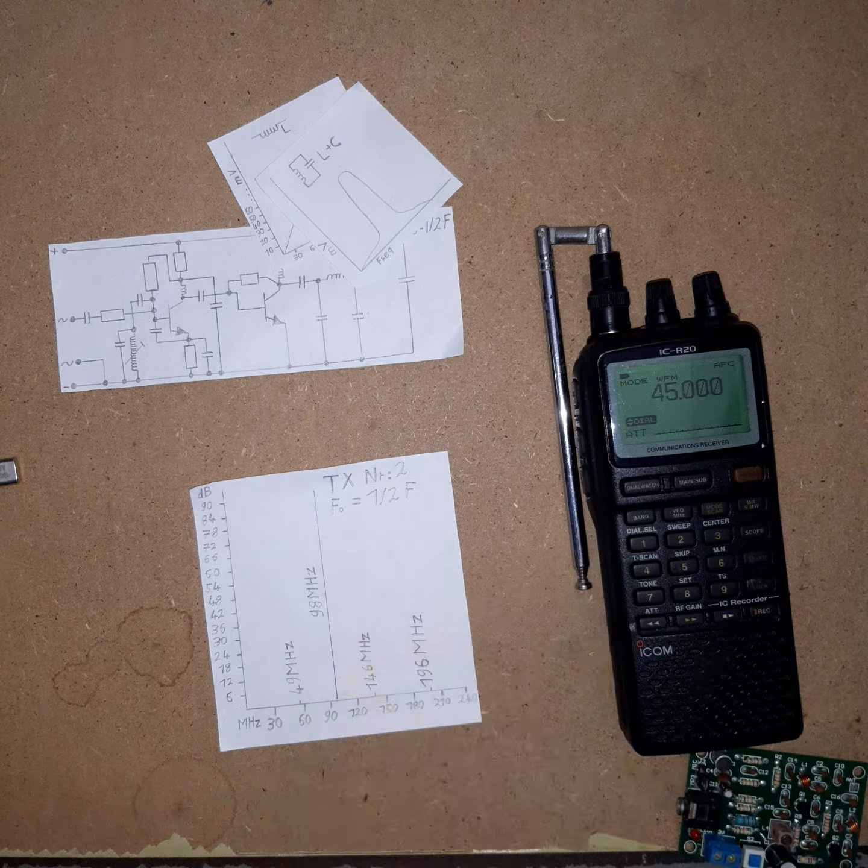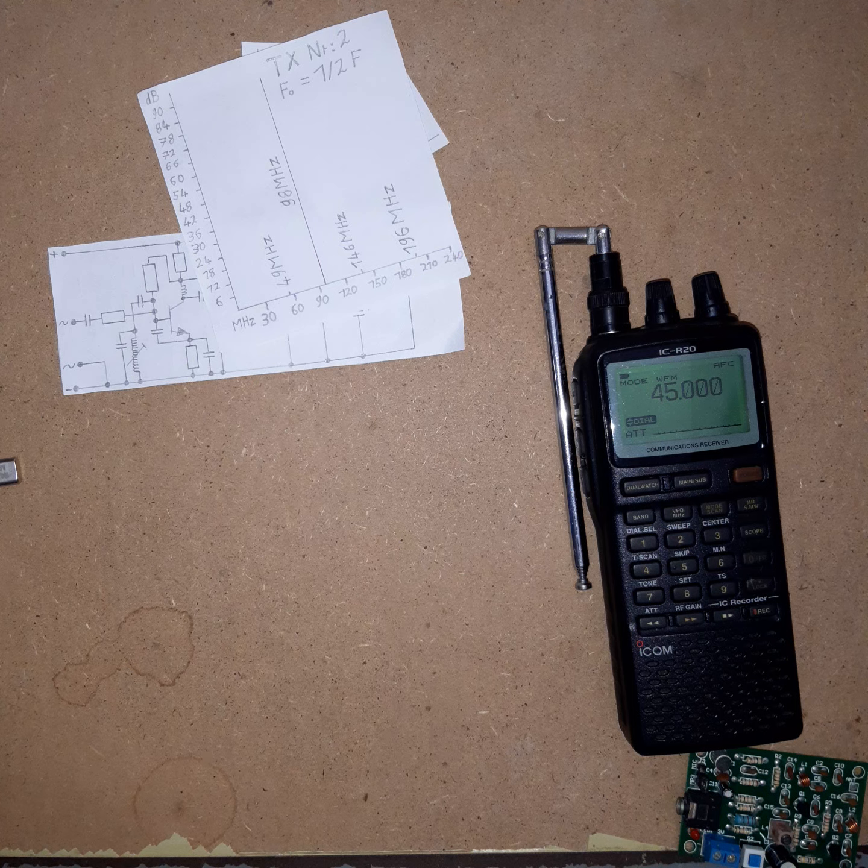This one utilizes a low pass filter, which helps with filtering out higher frequencies. I then improved the gain of the receiver and got a very strong signal on half of the frequency, but still, it's very, very weak compared to the signal they want you to have. And based on how simple this transmitter is built, I'm really impressed with the results. And then,